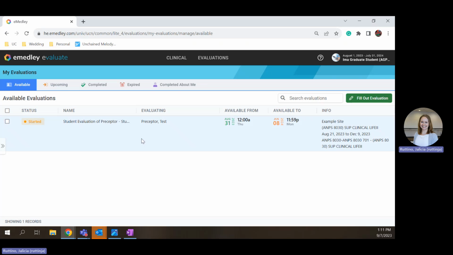In the available section, you're able to see what you can currently complete at this moment. You'll be able to see the status. You should see the name of the evaluation, who you are evaluating, and when it's available. To fill out the evaluation, you'll click on this check mark box and you'll click the green Fill Out